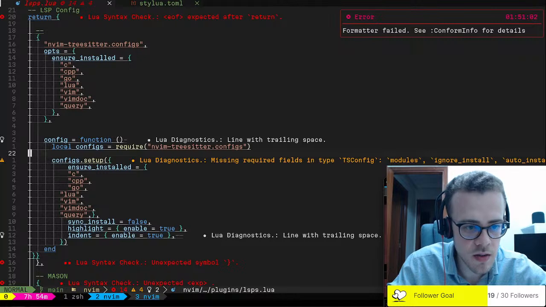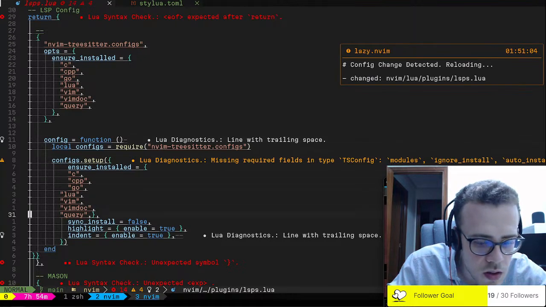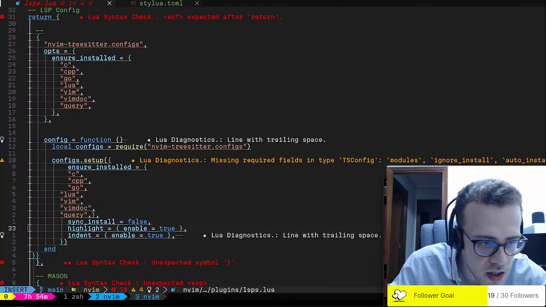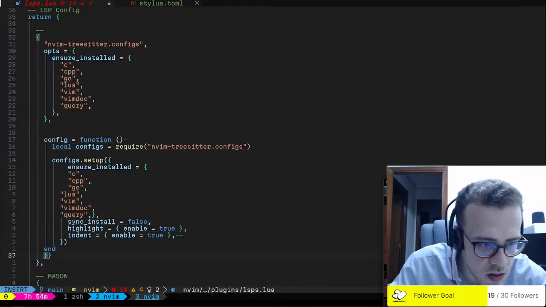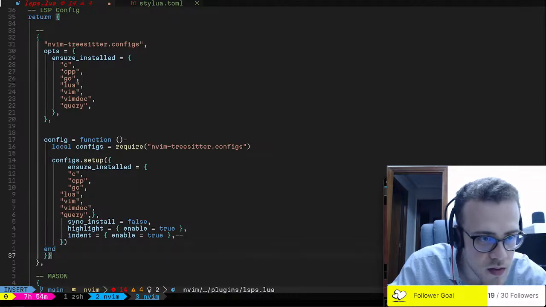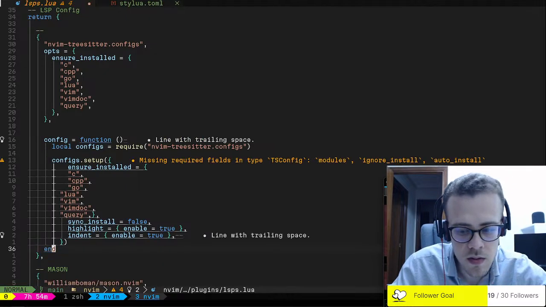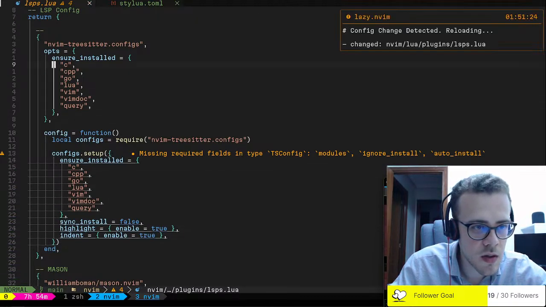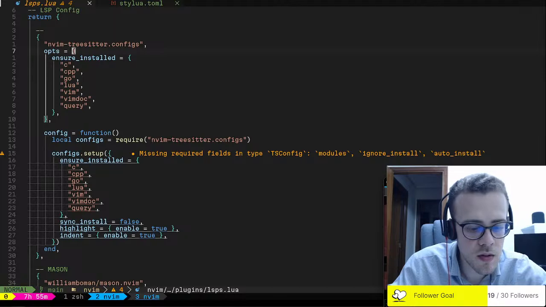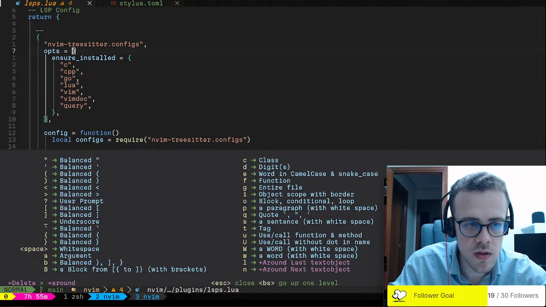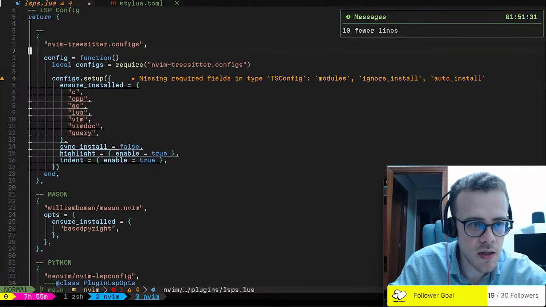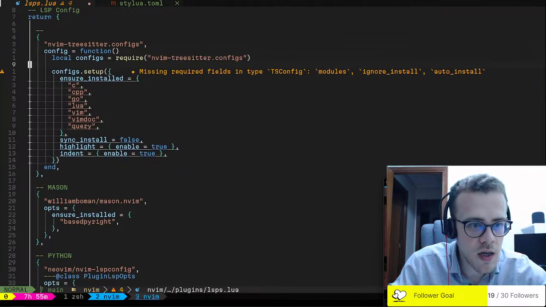Now I should be able to write. Fuck, what's it not liking? Alright, so over here ends the function, and I shouldn't need any of this crap. Alright, okay, and now I should be able to delete around this and delete this line and delete this line. So I do believe now that sync install